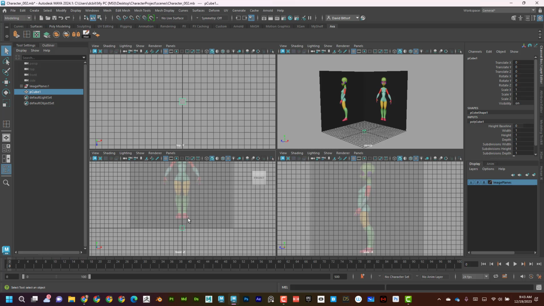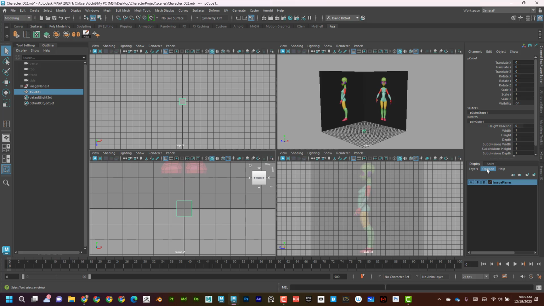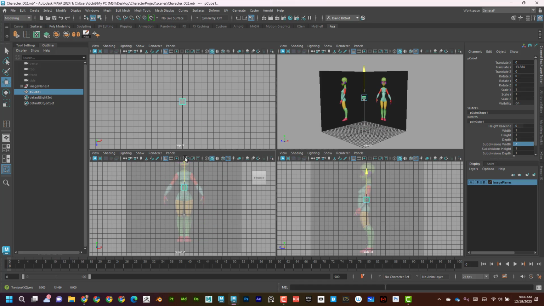And one setting that I want, I'm going to hold down Alt, middle mouse, and right mouse click and zoom in. I want to go to Subdivision Width, and I want to put Subdivision Width to 2. So if I go here and type in 2, I can see that it's split it vertically. Now I can select this cube and I can move it up